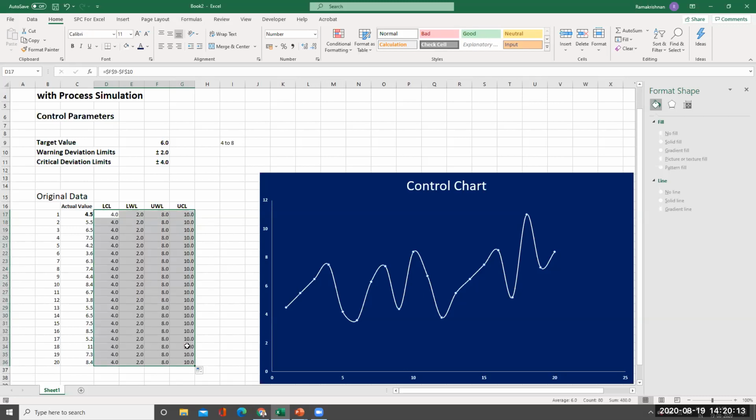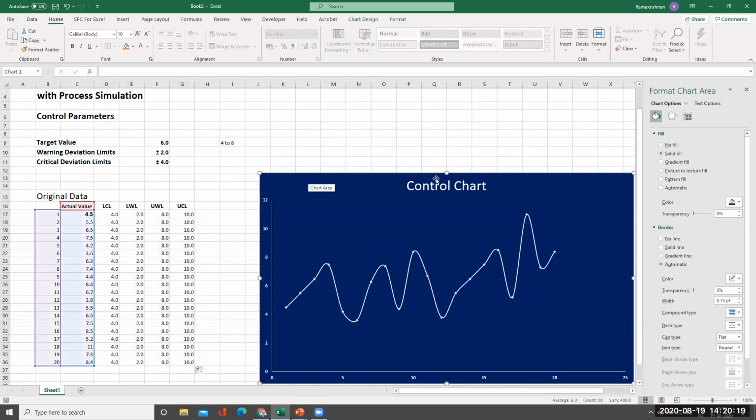Now I have to introduce these points in this chart. Very easy. You just select the chart, go there and click it. Once you click the chart, now I have clicked the chart, you can see 3 circles here on the line border. So that means you are selected. Another way of looking at it is if you click it here, these two will be selected because these two are the data that are inside the chart.